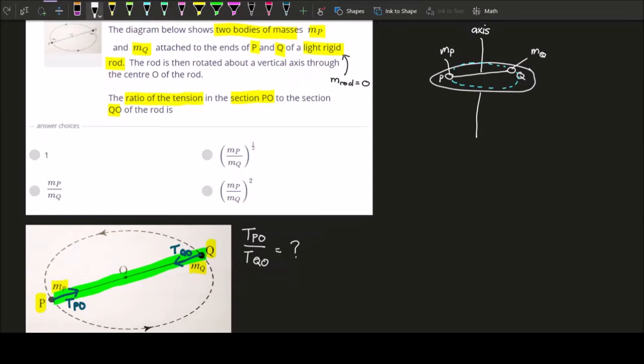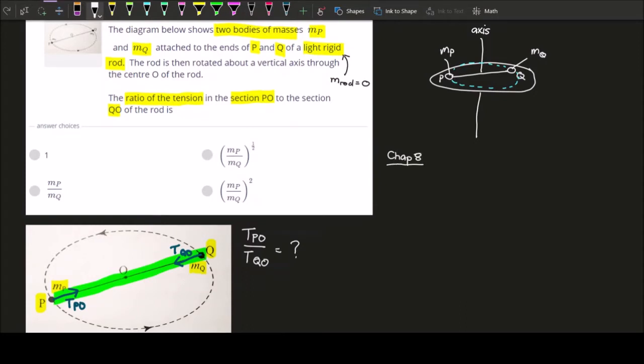Okay, so let's think. How are we able to get the tension? Well, if you see here, there are actually two ways of thinking about this. One way is thinking about it in terms of chapter 8. You assume this whole PQ thing as a rigid body. So the chapter 8 way of doing things is